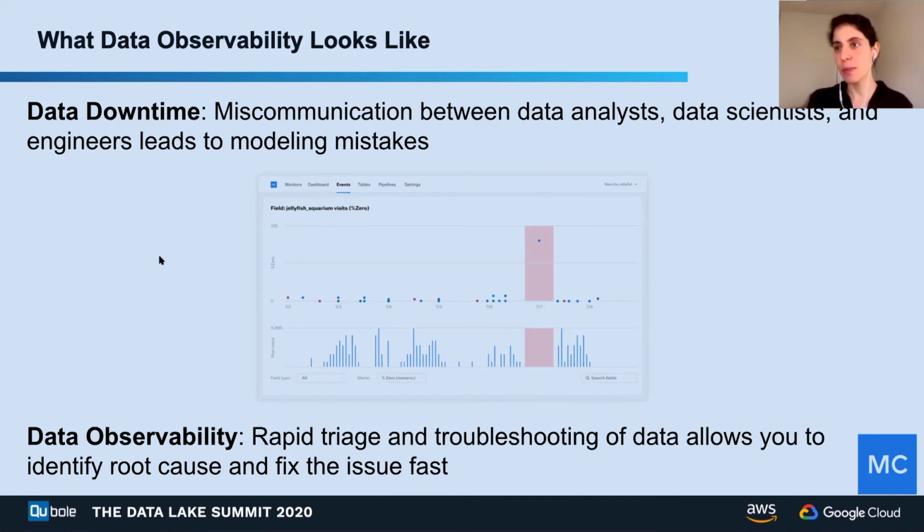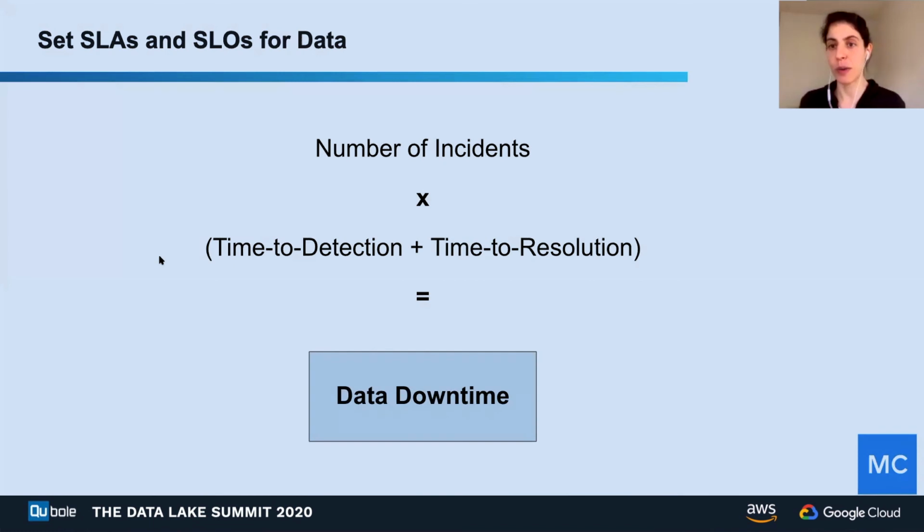So with data observability in place and starting to think about how to manage data downtime, a great question came up from one of our customers. They asked, this is awesome, I'm tracking data downtime, but what's the right metric to track, or what's a good OKR? What are some of the ways we can start thinking about measuring this, and how do we set SLAs and SLOs for data? In observability, they have five nines, rates and errors, and measure duration and all that stuff. How do we bring that to data as well?